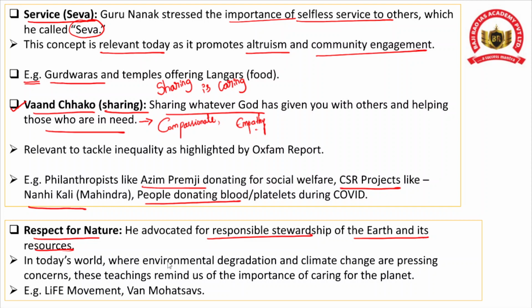Now, in today's world, environmental degradation and climate change are pressing concerns. So they are pressing challenges. Therefore, the teachings of Guru Nanak Dev Ji remain relevant. They are very important in order to protect and conserve the environment. Now, if you look at India's Directive Principles of State Policy, Article